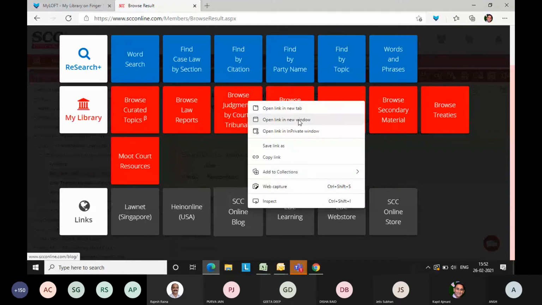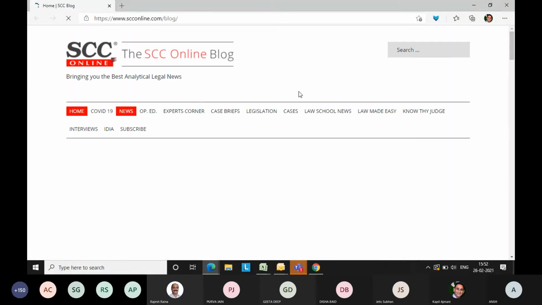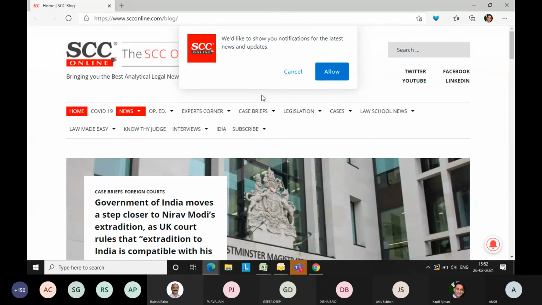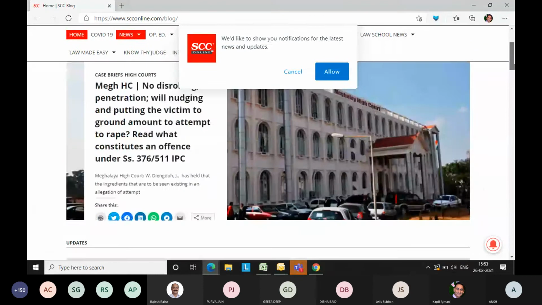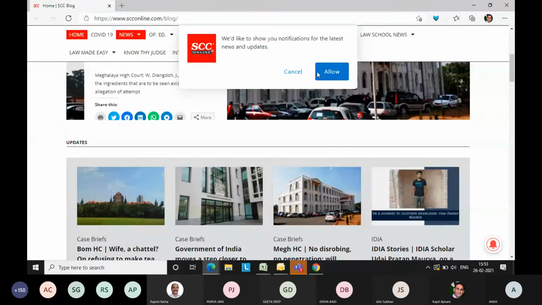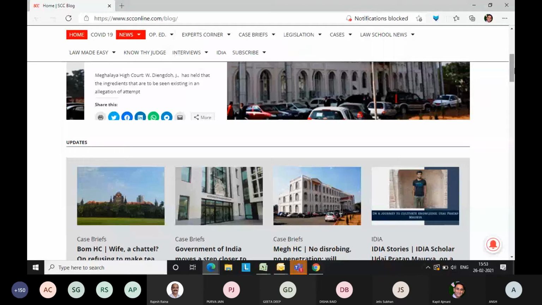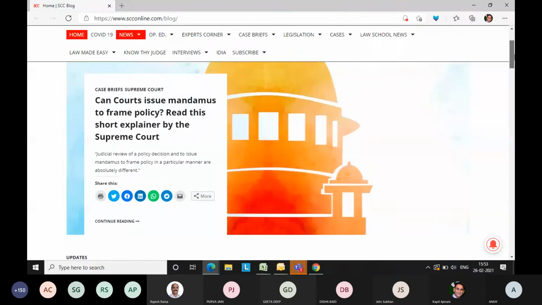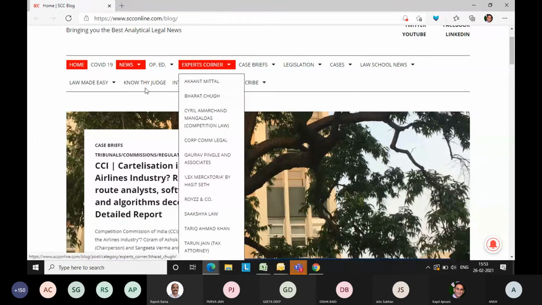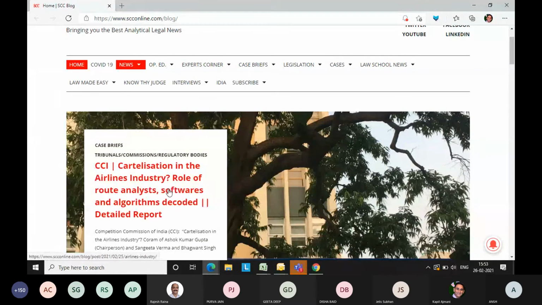And for this, you don't need any ID and password. It basically gives you the latest case briefs which are yet to be published but are very recent. If you just select Supreme Court, and Kapil has just selected one, you can see all those case briefs, not only from the Supreme Court, but from the High Courts and the tribunals. These are very recent, as recent as today or just the day before.